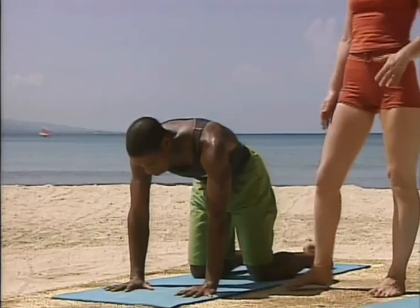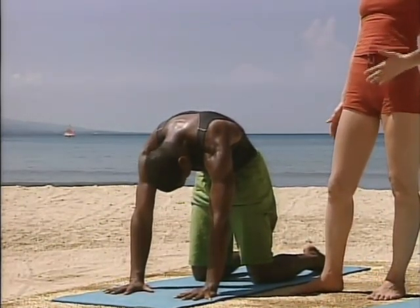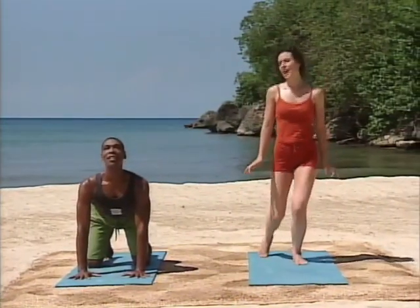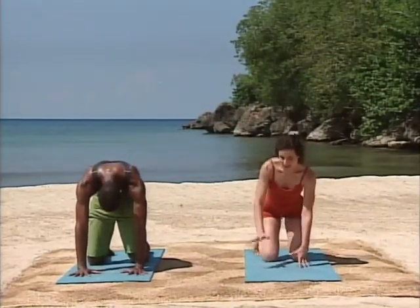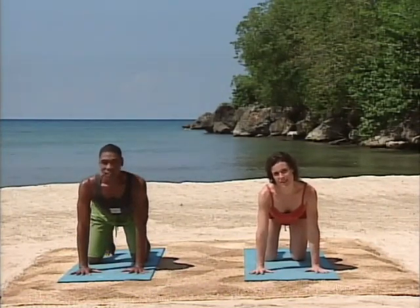As you breathe out, draw the lower belly all the way in, releasing the lower back. One more time. Inhaling as you arch, and exhaling as you round. From here, one more time, inhale, we'll come into half a cat, and this time as you exhale,